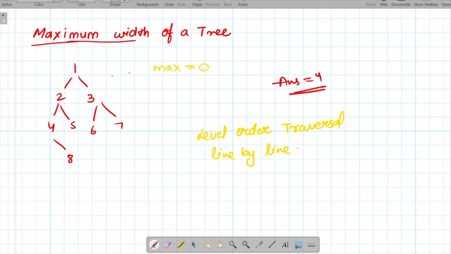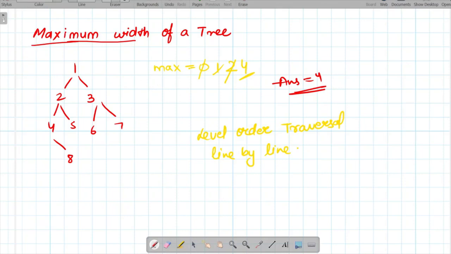When it is compared the first time, it will have the value 1, because for level 1 the number of nodes will be 1. For level 2 it will be 2, so it will be updated to 2, and when we traverse the nodes of the 3rd level, it will be 4, so it will be updated to 4. Then when we count the number of nodes in the 4th level, it will be 1 only, so we will not update this value. Finally we will get the output in our max variable.